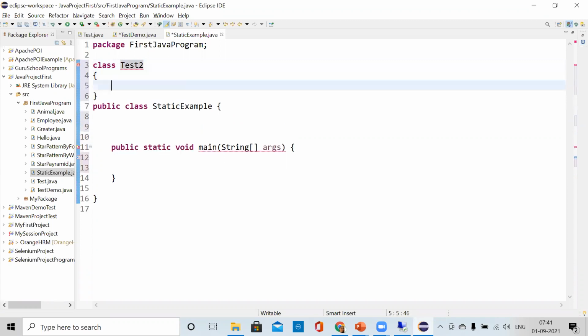Here I have created one static integer a equal to 10.